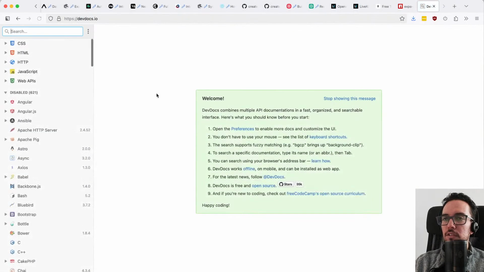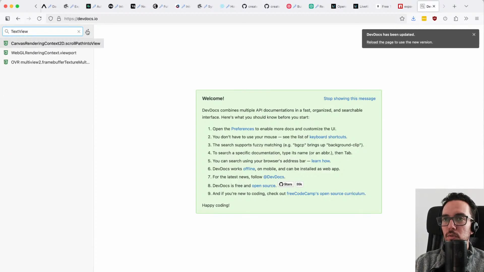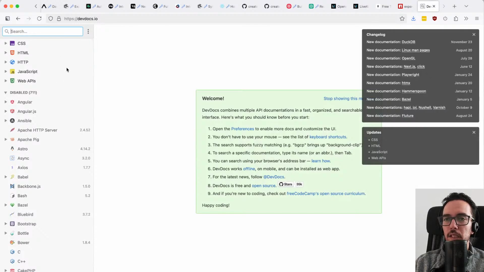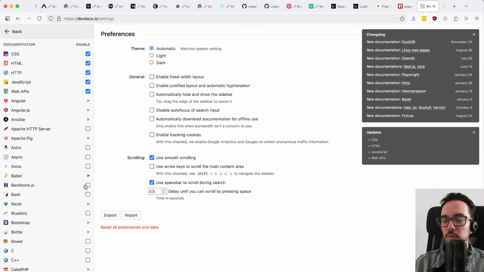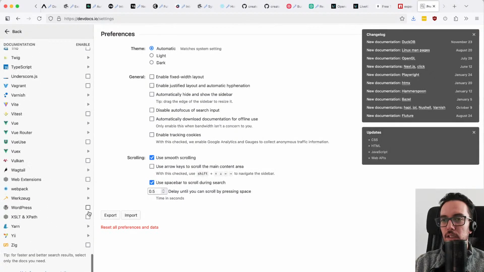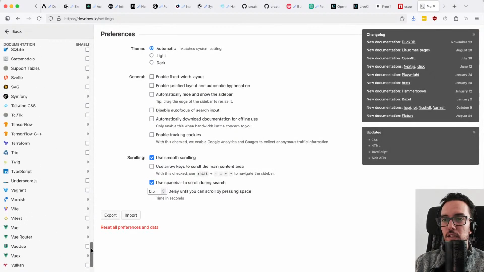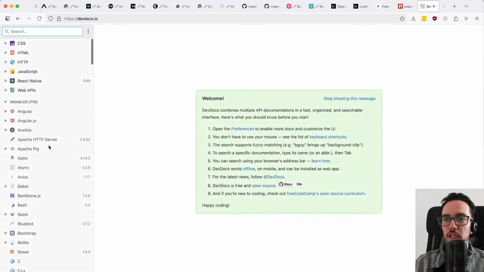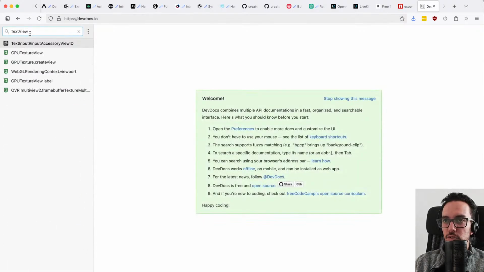By the way, DevDocs is a great website to have not only the documentation of a lot of different things in one page, but also have them offline. So for some reason you are in a train or in a plane this Christmas, and you want to do some coding. If you get all these documentations offline,